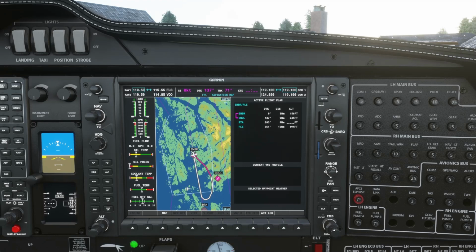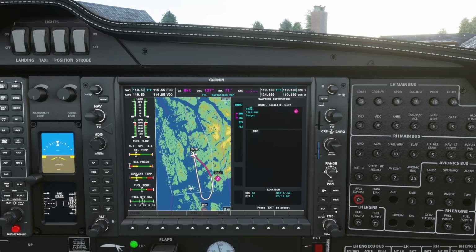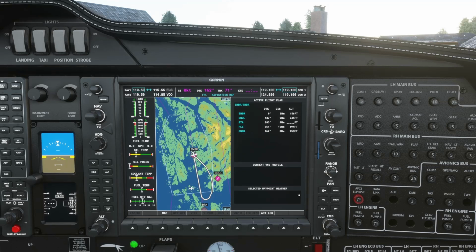Okay, and then after that, we'll finally go back to where we are in Bergen. So Echo, November, and Bravo, Romeo. Okay, cool. So we've got that. So we click enter. Right, and there we've created a very small flight plan.